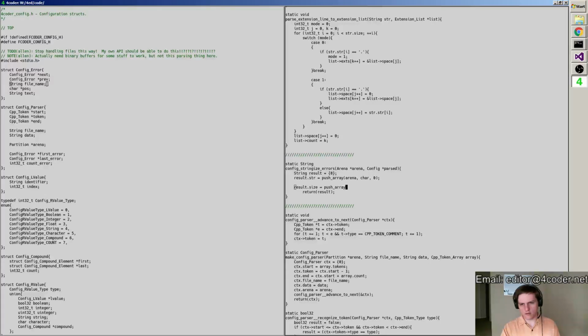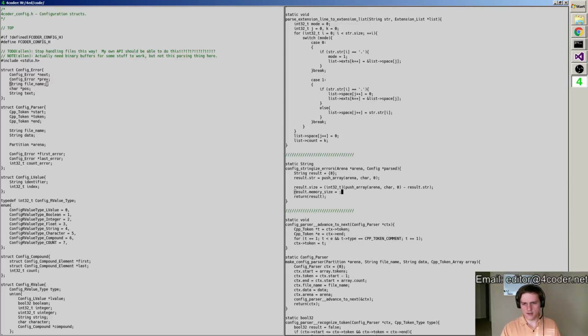Result.size is going to equal the end of the string minus the base of the string. And the memory size is just going to equal the size.